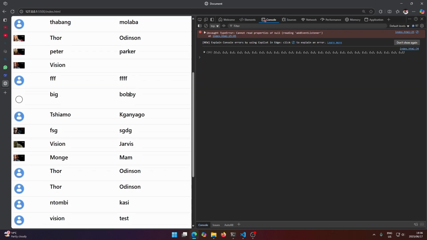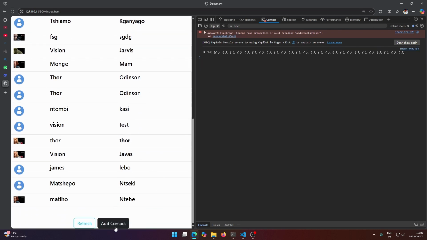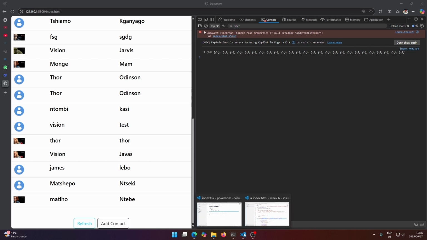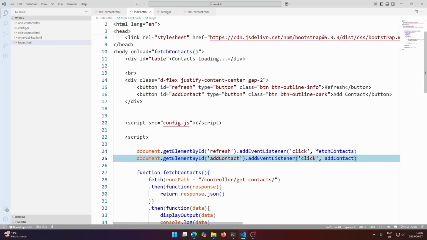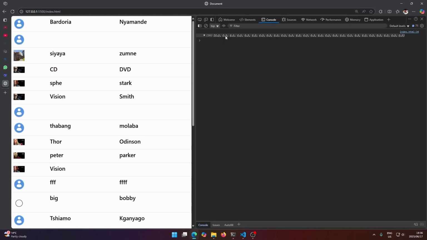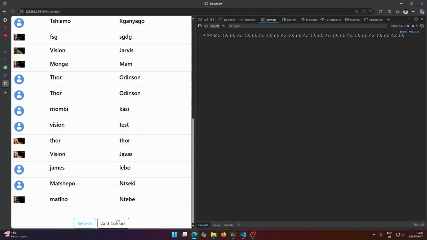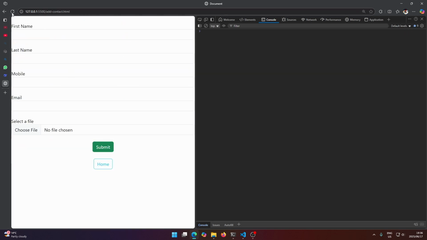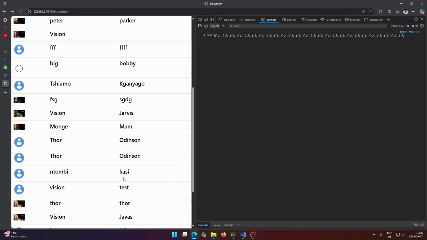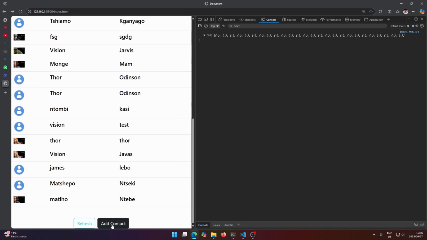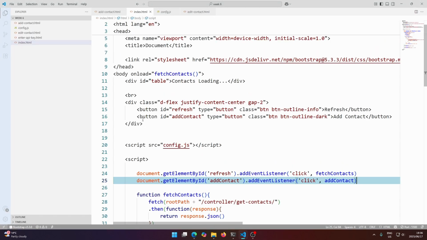So I'm going to refresh this now, and if I click on add contact here, I think I forgot to save. Let me save and come back, and now that error has gone away. So if I click on add contact here, it will now all work correctly. And also notice that the error here, it's not easy to see, because if you click this button and it doesn't work, it's not the same as if the contacts don't load here. You may think there's something wrong in your HTML where you define the button or anything like that,